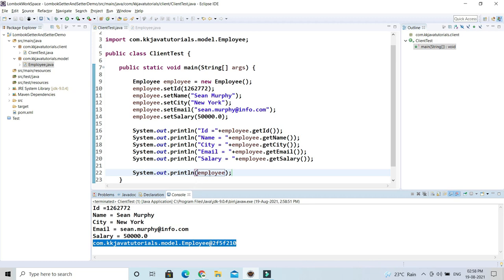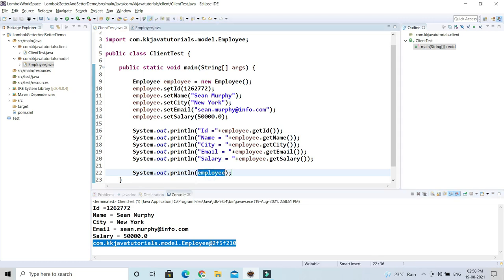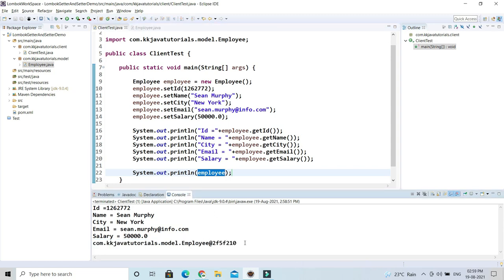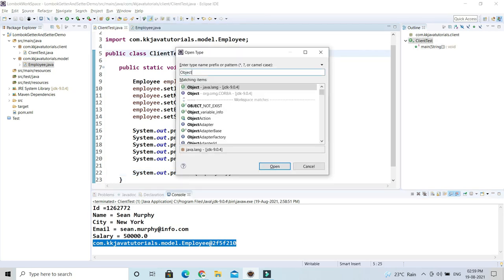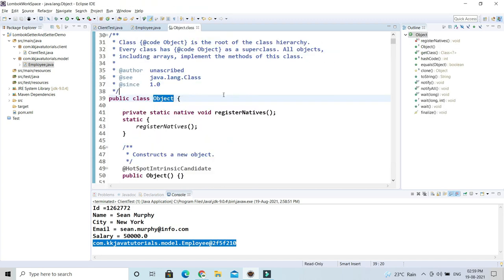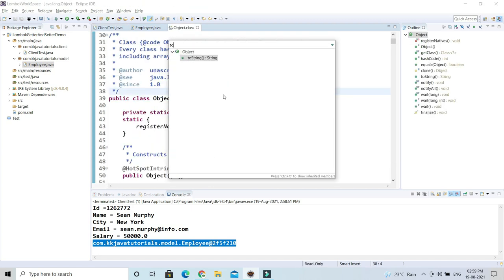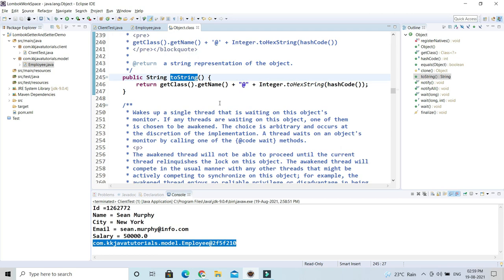Why so? Because whenever you try to print an object of the Employee class, it is basically calling the toString method of Object, because Object is the superclass for all classes. If you look into the Object class and check the toString method, this method is called by default because we haven't overridden our own method in the Employee class.